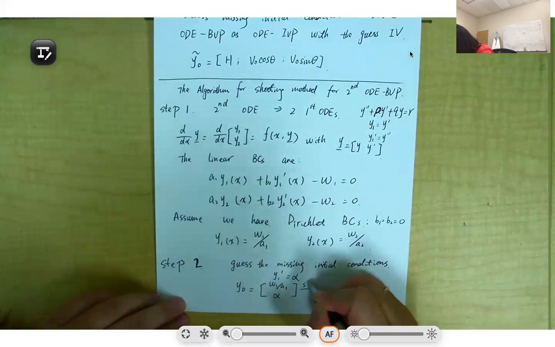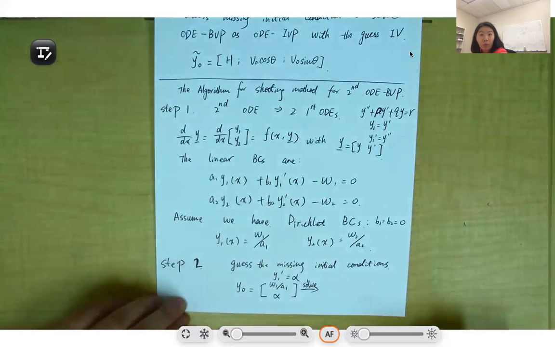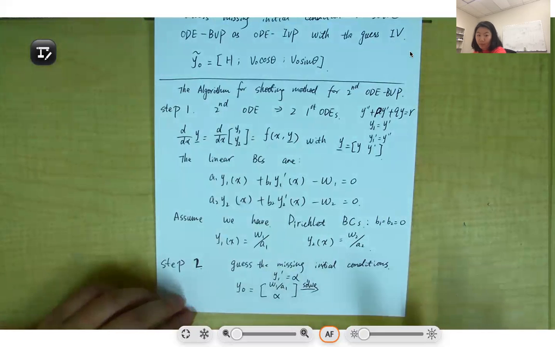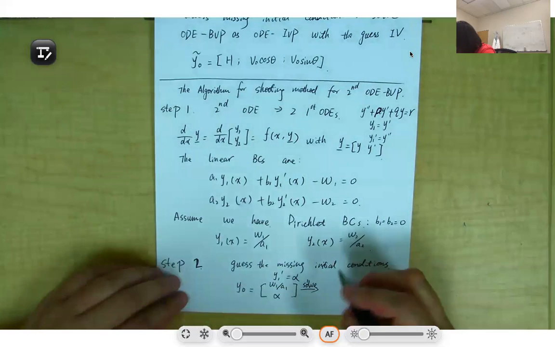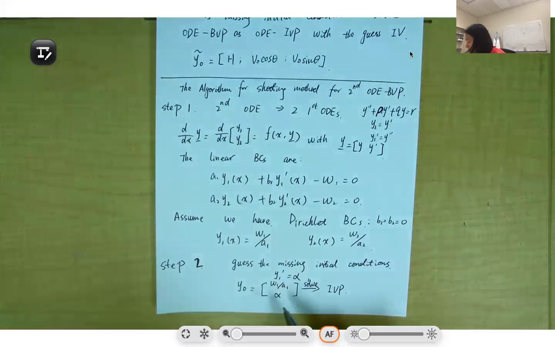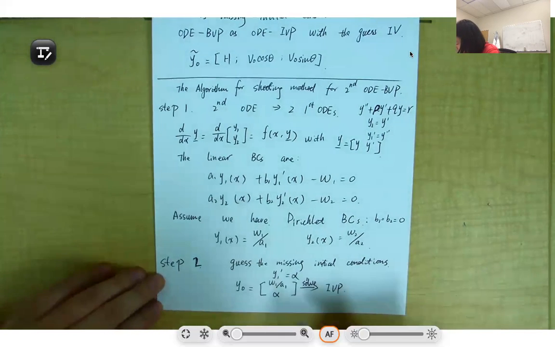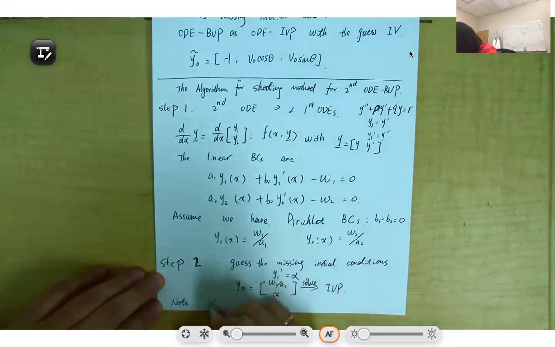And this can be solved by our ODE23 or ODE45 or whatever options are in the ODE program in MATLAB. And you are trying to solve this problem as an IVP by giving this initial guessed missing condition, okay? And we note that the alpha is to be determined,